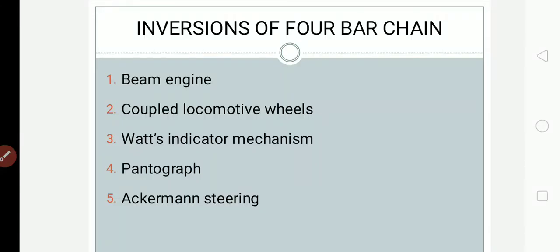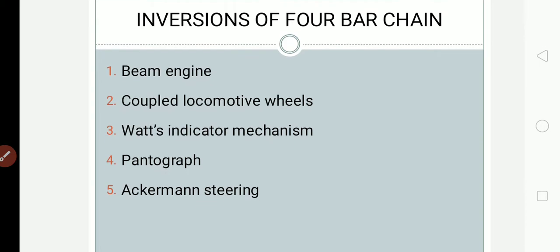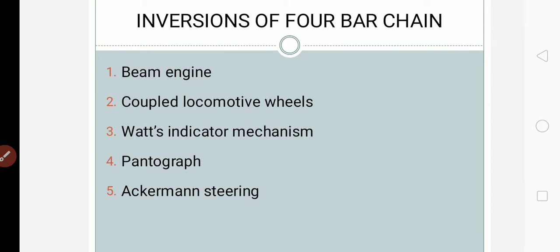So in this section we will see what are different inversions of four-bar chain. So we already covered in the previous classes what is kinematic chain and what are different types of kinematic chain. So we have three types of kinematic chains we covered: four-bar chain, then single-sided crank chain and double-sided crank chain. So then we have covered inversions. So we studied that inversions are formed by fixing different links of a kinematic chain. We can obtain different inversions. So that is how we will obtain different inversions.